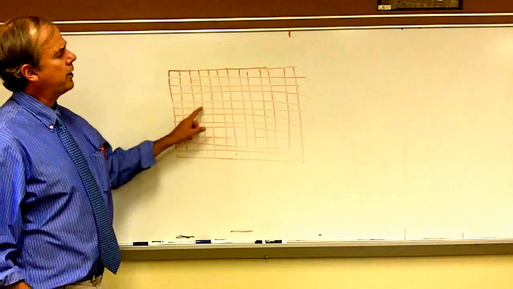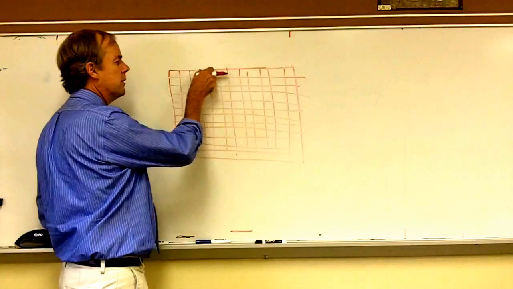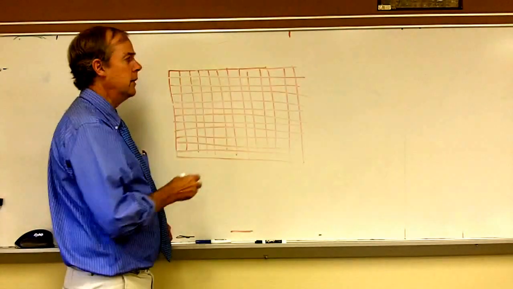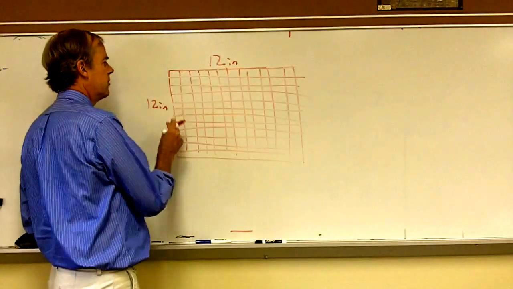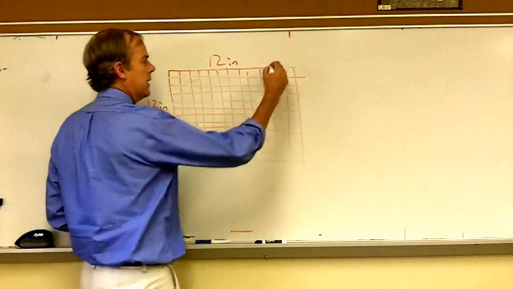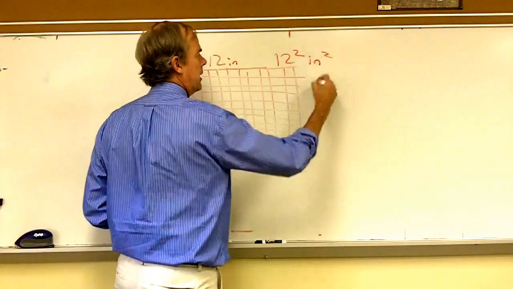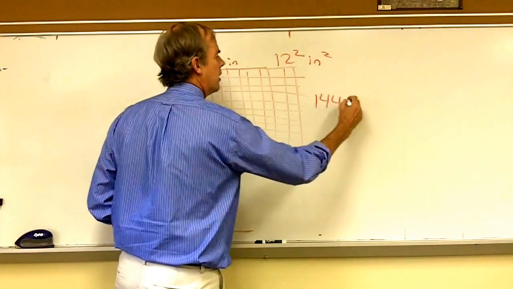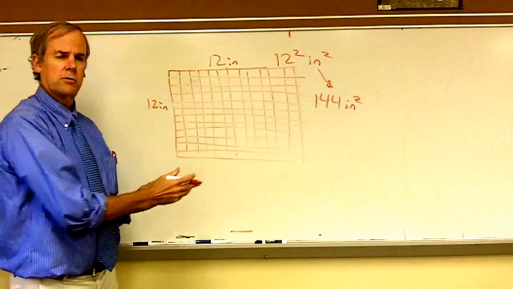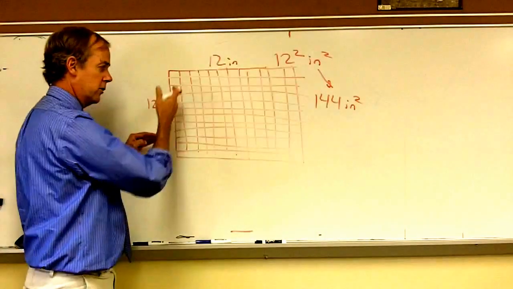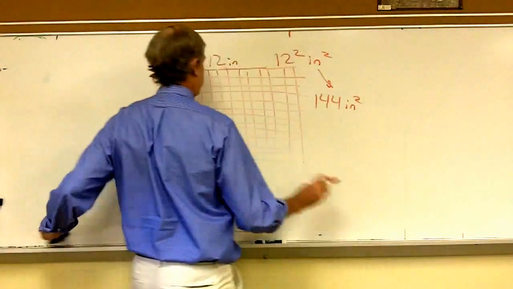And if you were to count up all the squares here, in other words, how many square inches you have in this diagram, you're going to have 12 inches by 12 inches, or literally 12 squared inches squared. In other words, you're going to see 144 square inches in this grid that's 12 inches by 12 inches. In other words, a short way of saying this